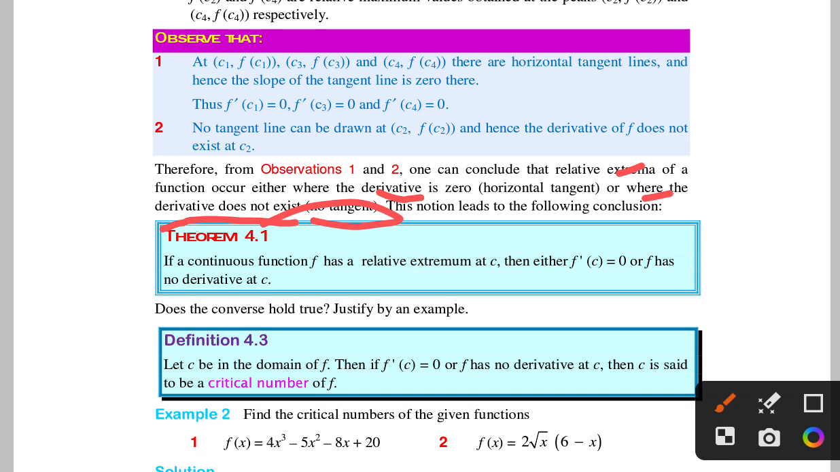Relative extrema. When we say relative extrema, we are talking about relative maximum and relative minimum. Pay attention. Which one do you want to know? This function leads to what? The following